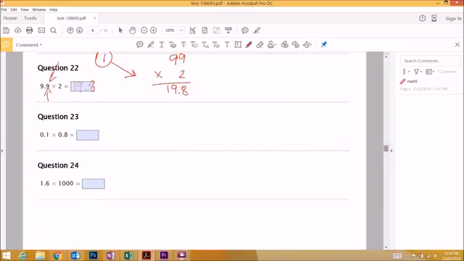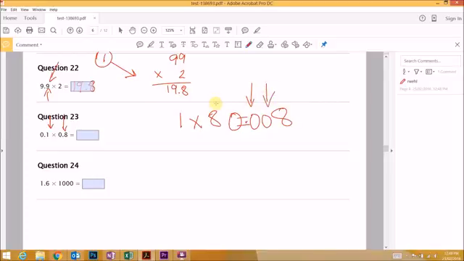Alright, next question, another one. So this time we have two decimal places, okay? So 2 digits after the decimal point. So let's just set it out as per normal, which will be 1 times 8, which our answer would be 8. Now we need to put 2 decimal places in, except we've got no digits, so we need to create a few. So a couple of zeros to give us our 2